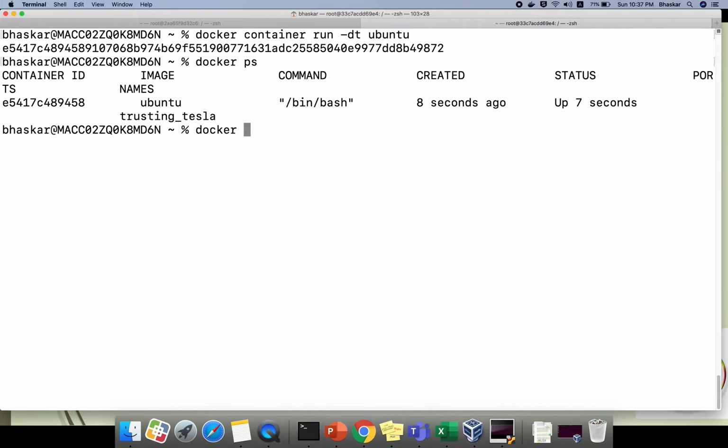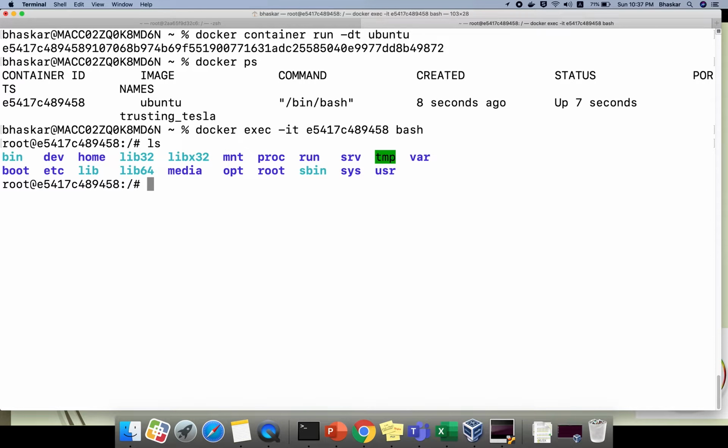Docker exec -it, then either you can use the name or the container id, and which shell you want to run, bash. If you run this, now you are inside your Ubuntu machine. So this is one more way, if you want to enter inside the container, you need to execute this command. Maybe you can run the ls command.